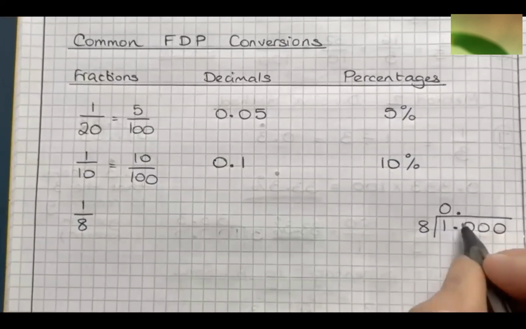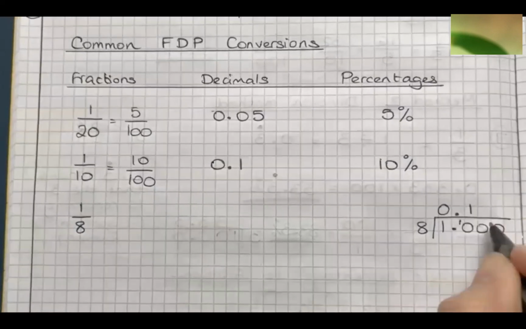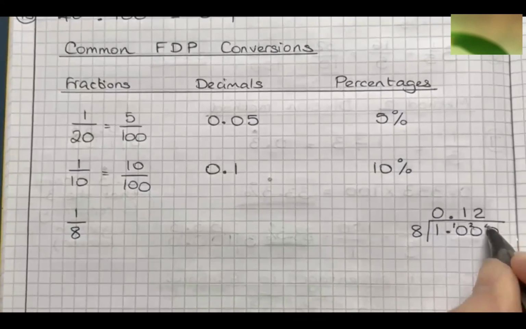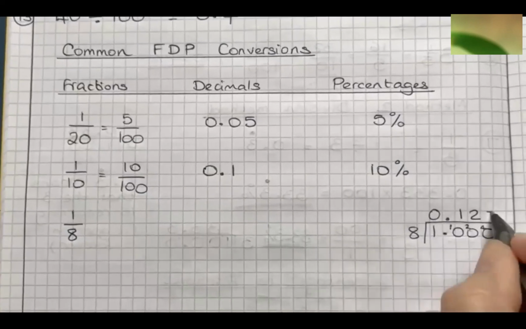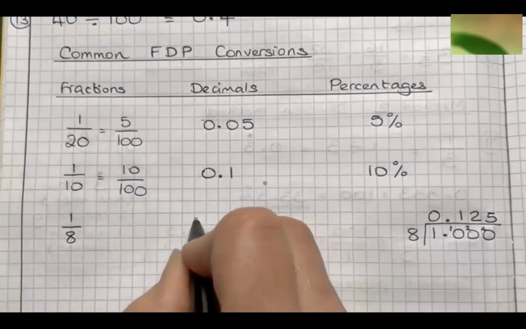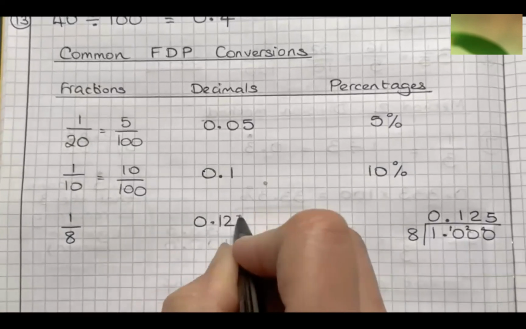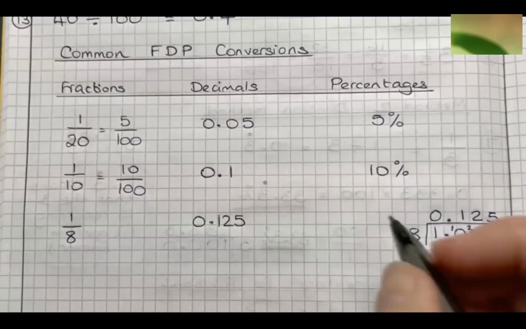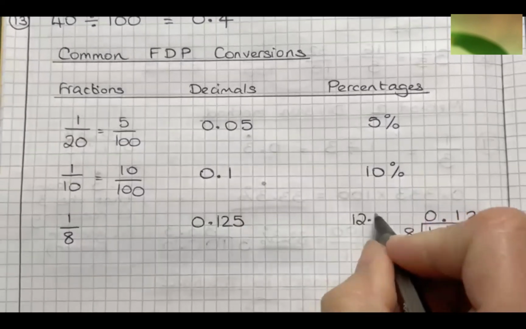So 8 doesn't go into 1, 8 goes into 10 once, remainder 2, 8 goes into 20 twice, remainder 4, and 8 goes into 40 5 times. That gives me 0.125. Much easier if you just commit that one to memory, and as a percentage, it's going to give me